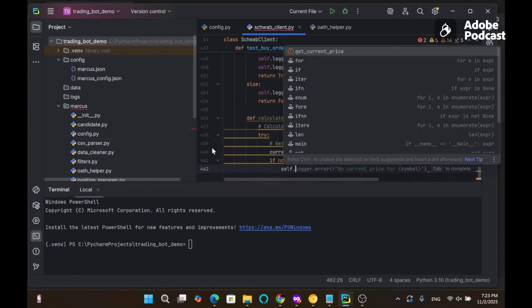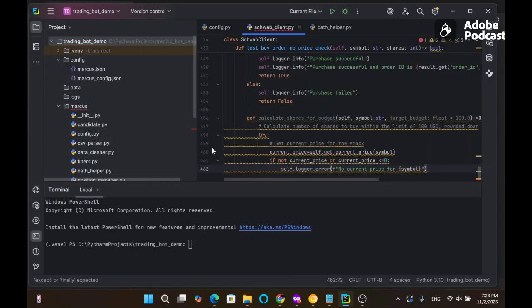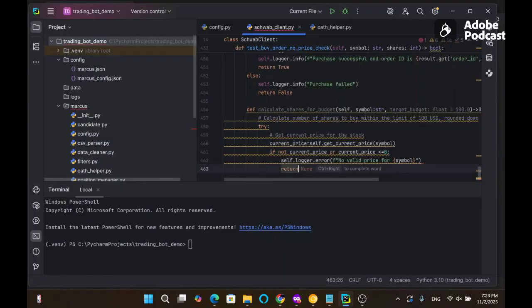Self logger error, no valid price, because stock price, I have never seen a stock going under zero, becoming negative, but I saw once the oil price, oil futures, going down and being a negative number. It was, if I'm not wrong, March or April 2020. So if this is the case, we are returning